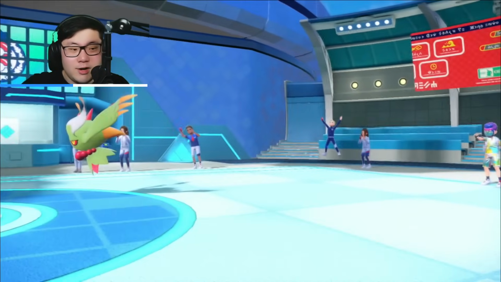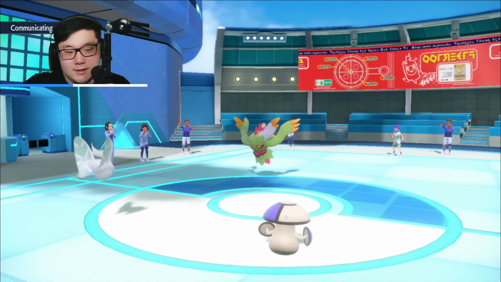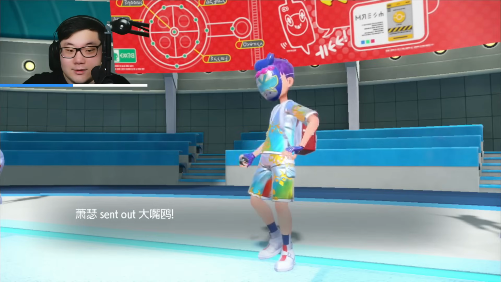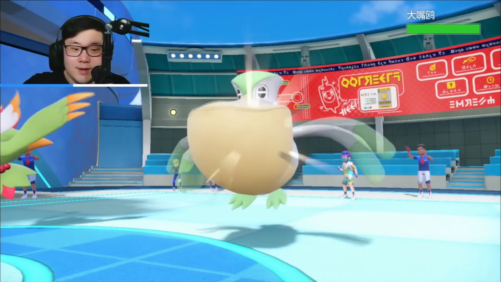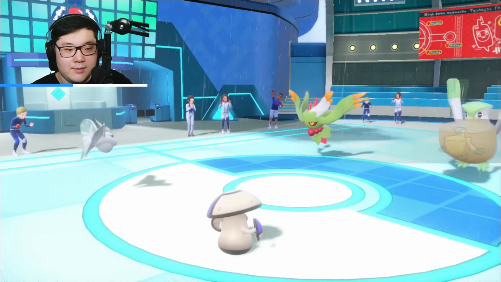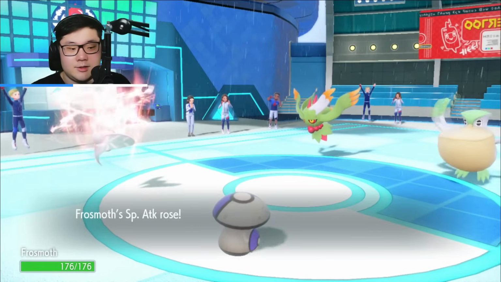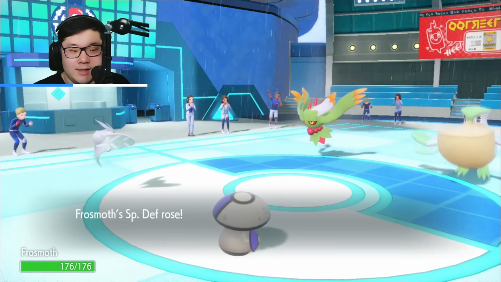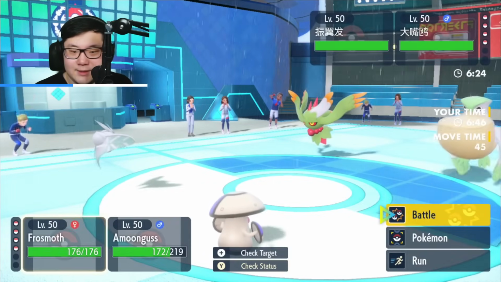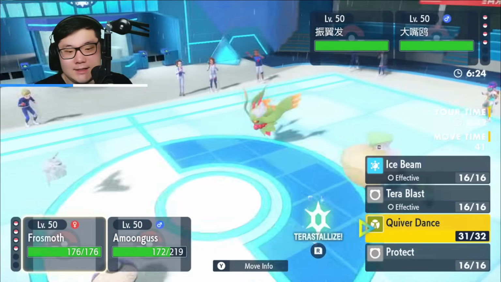If I went for a Spore, it would have been probably a better position, but I don't really want to play greedy because if the opponent Surging Strikes turn 1, that would not have been pretty. So we're going to see the Pelipper come back in. Okay. I don't mind Pelipper coming in, as I am going to be able to get a free Quiver Dance off with the Frosmoth, and now I'm at +1 special attack, special defense, and speed. And I should outspeed Pelipper as long as it's not Timid Pelipper. And if it's Timid Pelipper, I guess we'll find out. But I do like the play of potentially...